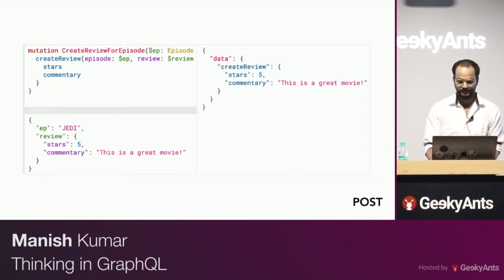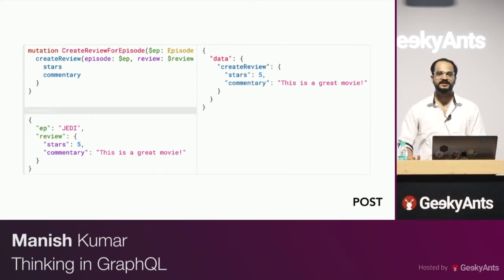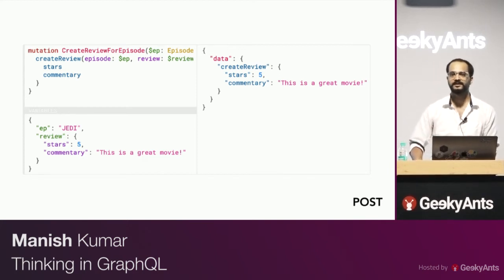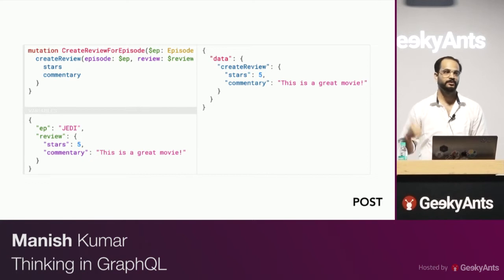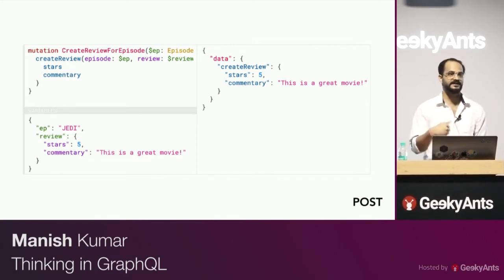Any questions till now? No? So we have covered get and post, what we do on the REST side. This can be any client side query. This doesn't have to be a GraphQL client. You can even use Postman. You can write your own fetch to do this because GraphQL doesn't deal with it separately. It's still an HTTP call, and you can still pass it as a body. So you can pass the whole query or mutation as a body, as a get as well as a post for mutation and query.